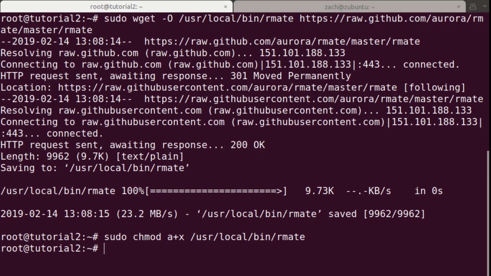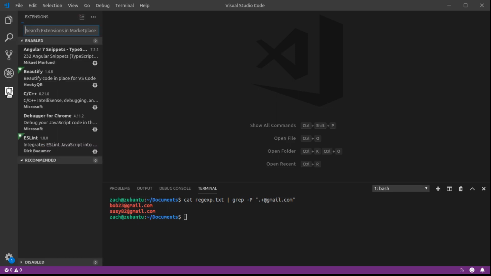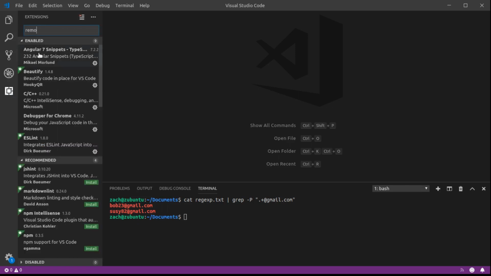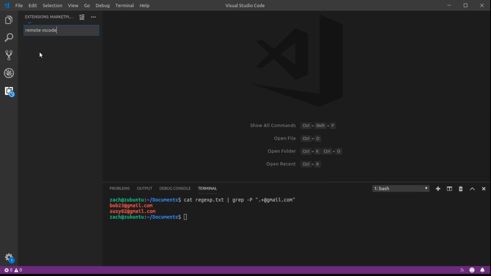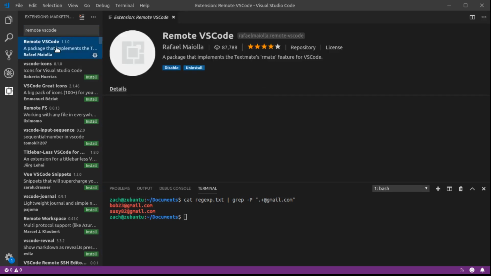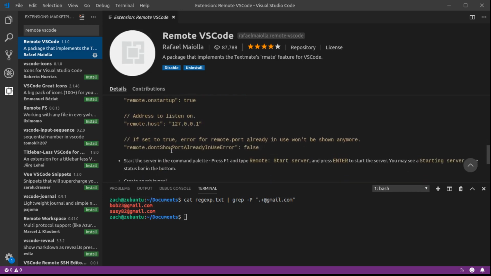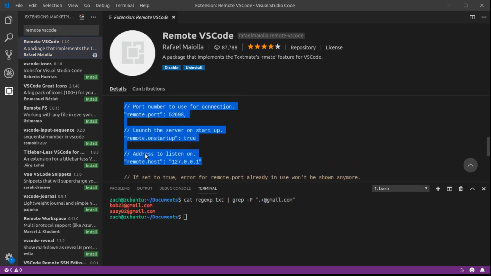We now have to come into VS Code and download a little extension. So let me transition over there. And if you come over here to this little extensions icon and click it, we can type remote VS Code, and you're going to see I already have this installed, but you're going to want to install this, and then over here it gives you instructions on how to use it. So it basically says you want these three options set, and the way that you can do that is by typing